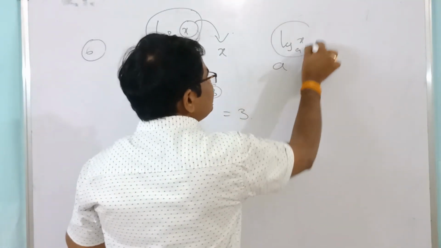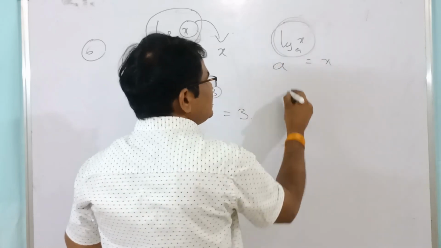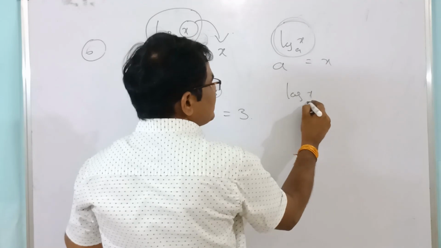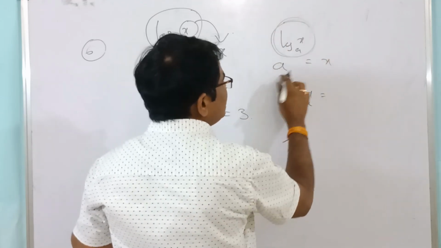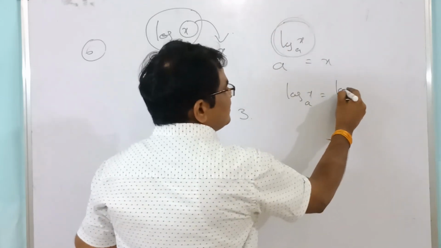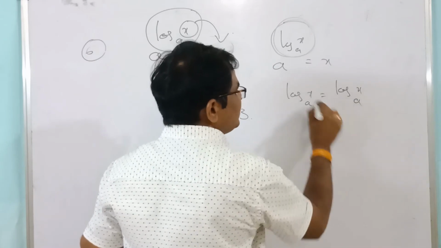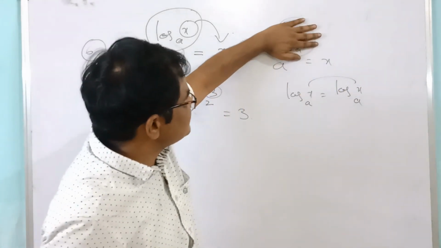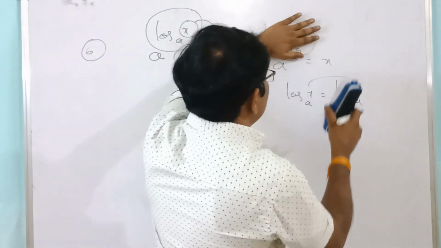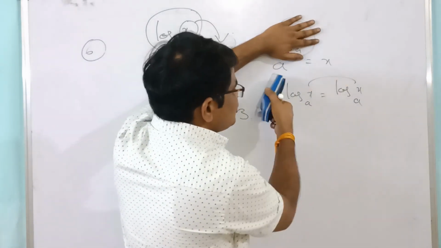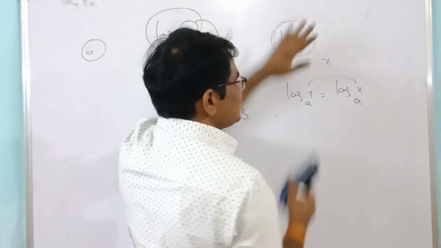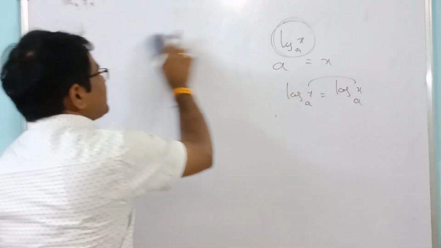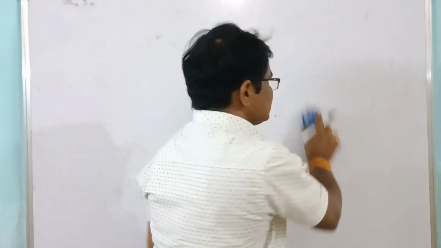So if you take this total as x, then log x, it is a power x, the exponential form. Log x to the base a. This x equals, how to write? Log of x to the base a only, or not? Now both are the same only. If you take this as x, this x equals how to write? Log of x to the base a. Both are the same only. So okay? Like this we will do the properties.